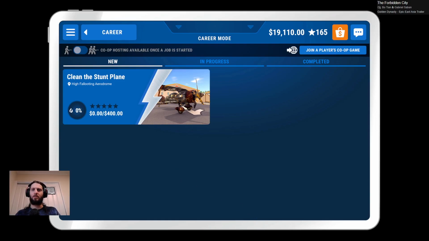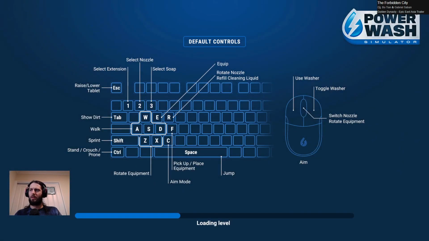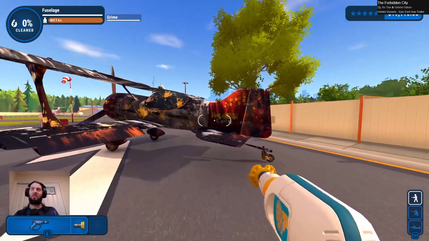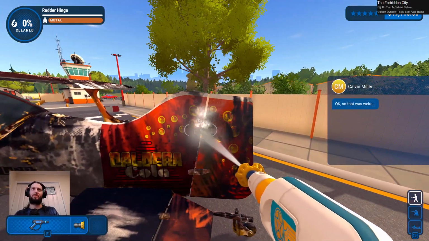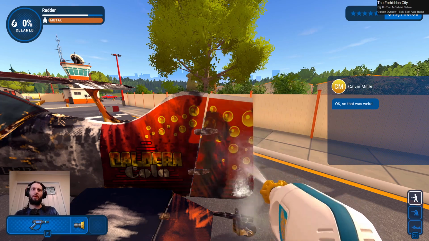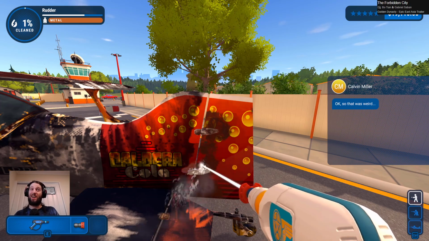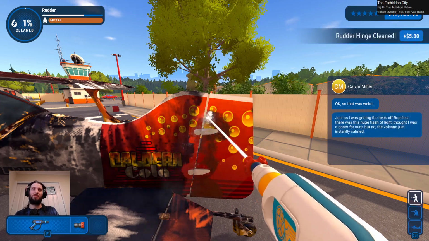Alright, time to get started on the stunt plane. We'll see how long this takes anyway. I'm hoping that this should be small enough. I know it's really tough stains, but I'm hoping that we can get this done within like an hour and a half, maybe? You know, maybe. It's optimistic, but